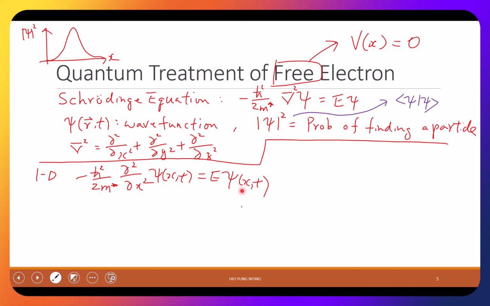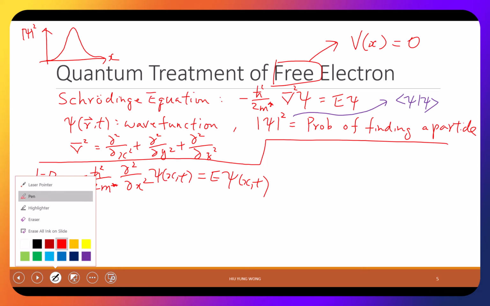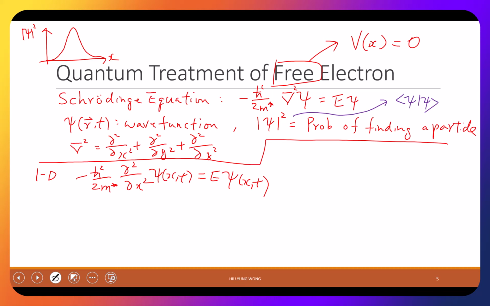So now you accept it. First, you accept the Schrodinger equation. You cannot prove it. This is the fundamental equation. You can only check whether it works. And then you accept psi is the quantity we are interested in. So then it becomes a mathematical problem, which you probably learned in calculus or whatever. A general solution for this equation